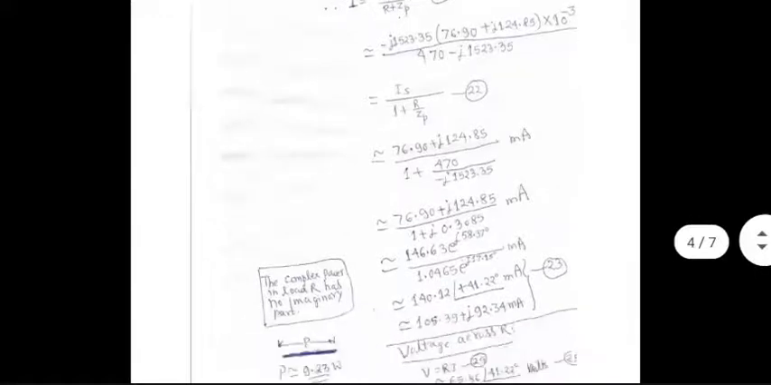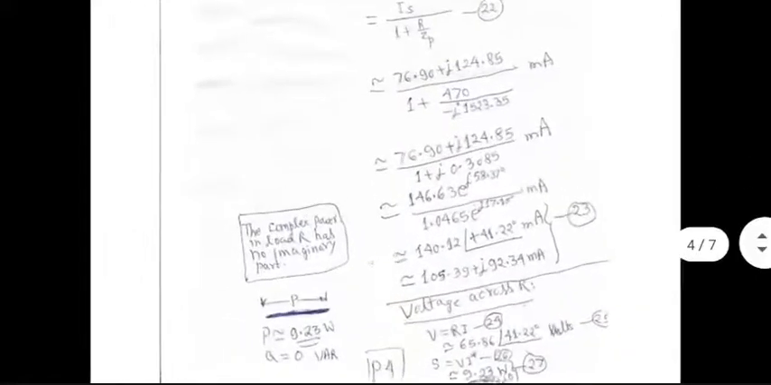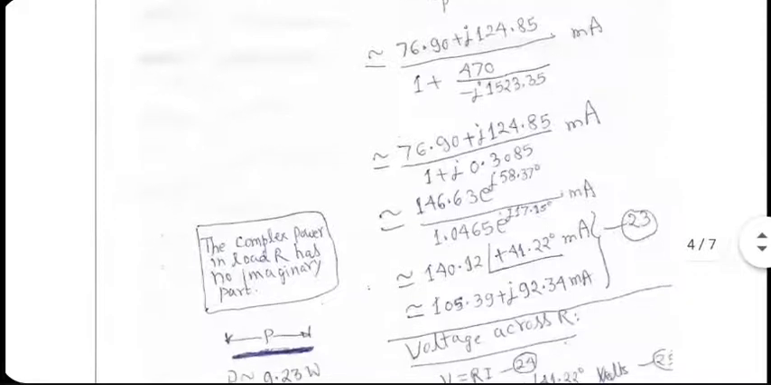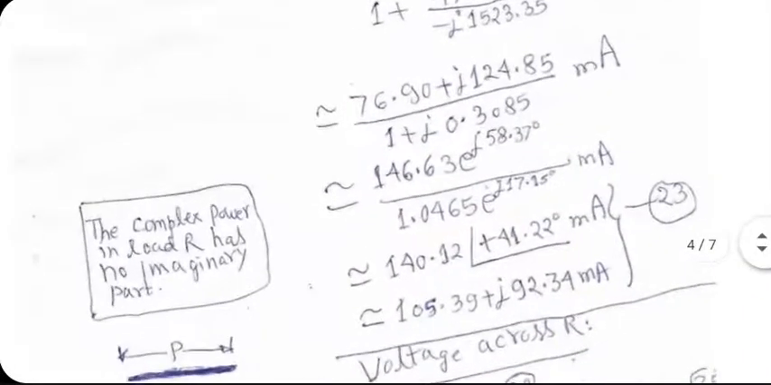The value of I that I got is 105.39 plus j 92.34 milliampere approximately, which has polar equivalence as 140.12 milliampere with a phase angle of plus 41.22 degrees. So the power triangle...